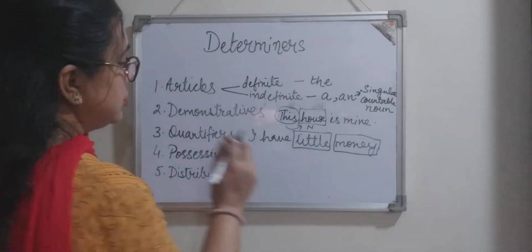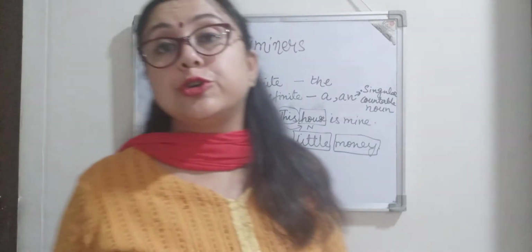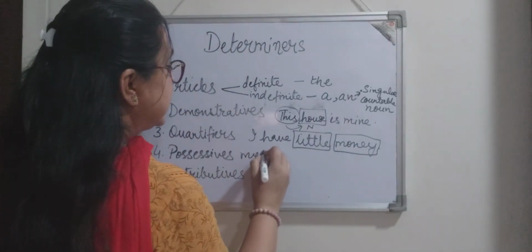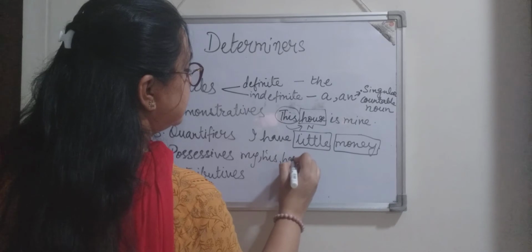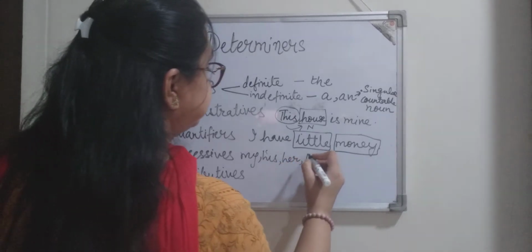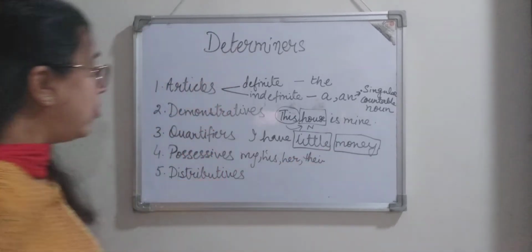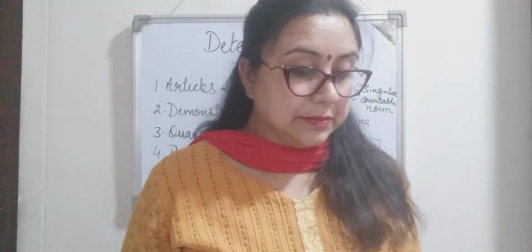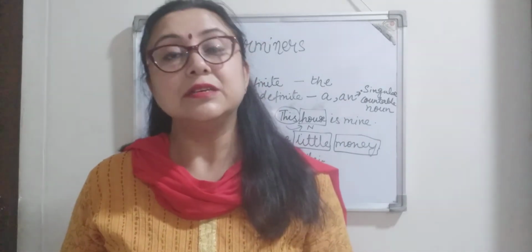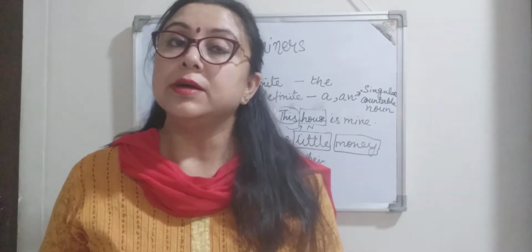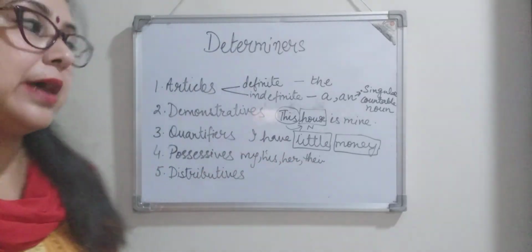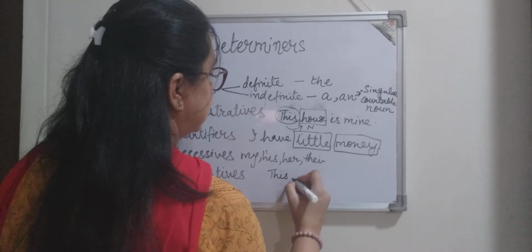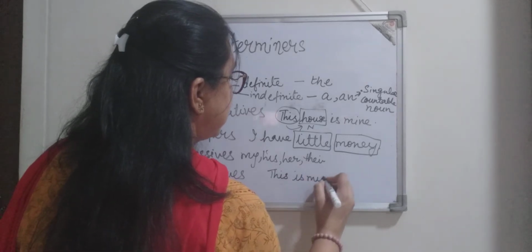Next comes possessives. Possessives show possession. Words like my, his, her, theirs, their, all these are possessives, right? And these possessives, they show the possession of the noun. For example, this is my